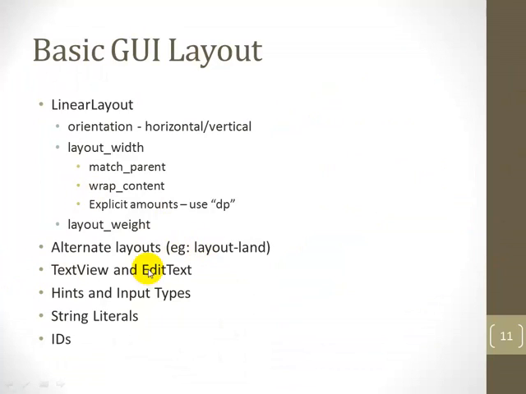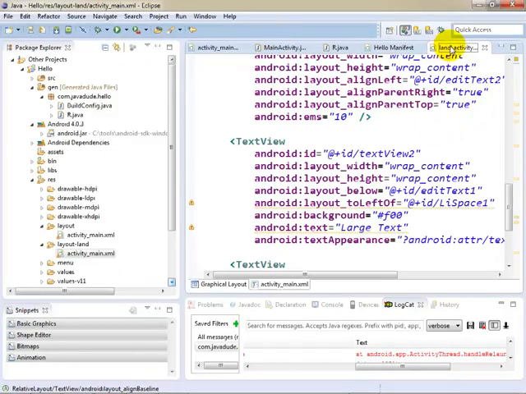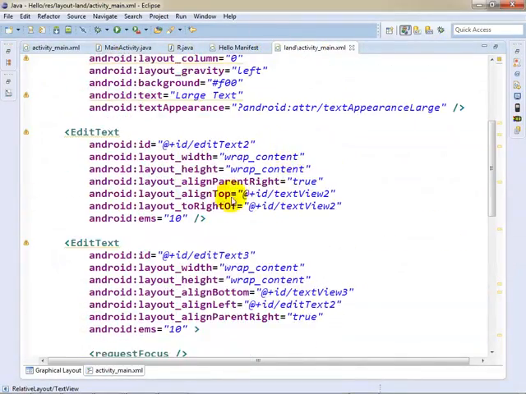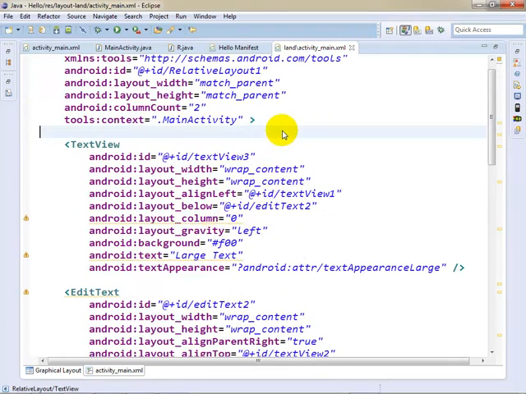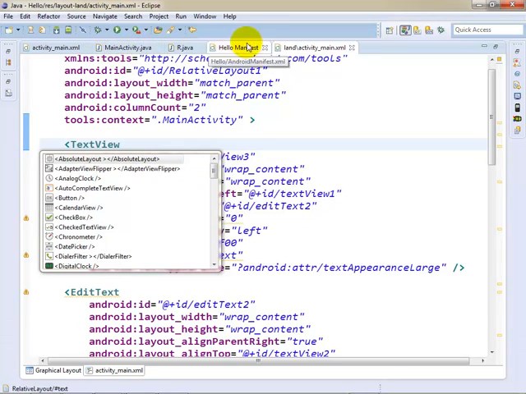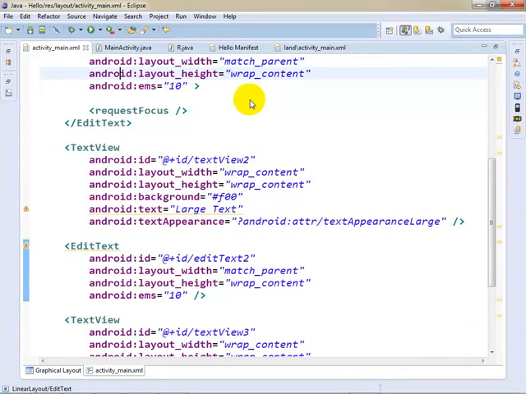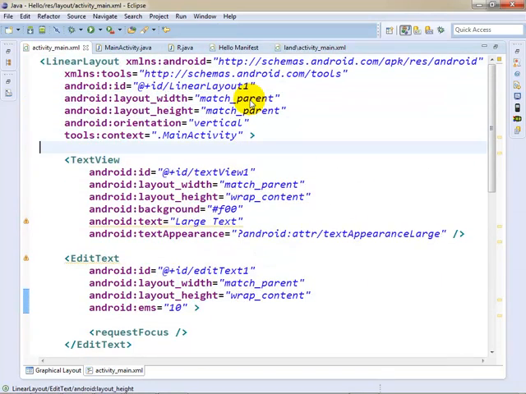Okay. Now the two types of components we used were text view and edit text. Inside an edit text, you can specify what are called hints, and you can specify input types. Let's take a look at some hints. Sometimes what people like to do when they're defining these user interfaces, let me not change this one, let me change the other one. One thing that I've seen people do with forms